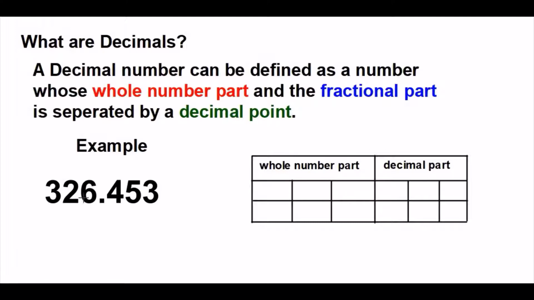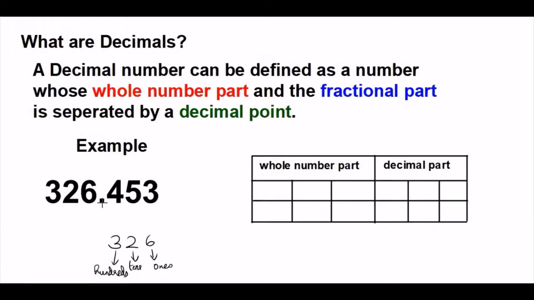Now we have learned the position of digits of a whole number. Let's take the same whole number, that is here the whole number is 326. So the position of 6 is ones place and this 2 occupies the tens place and this 3 occupies the hundreds place, and then we have thousands, 10,000s, then lakh, crore and so on. You have learned that in your previous chapters. This is about the whole number.